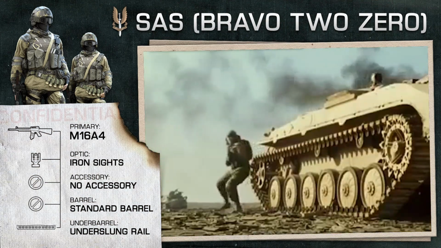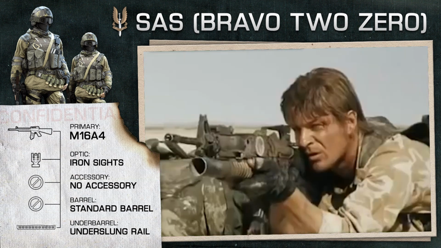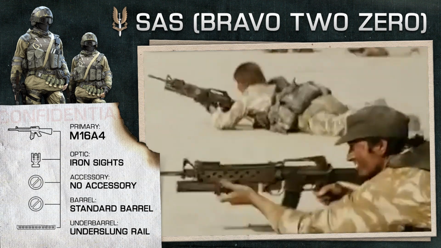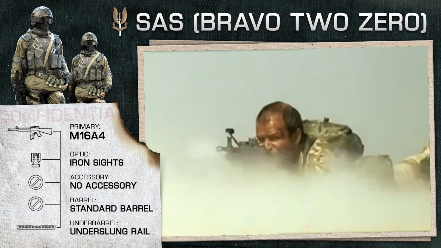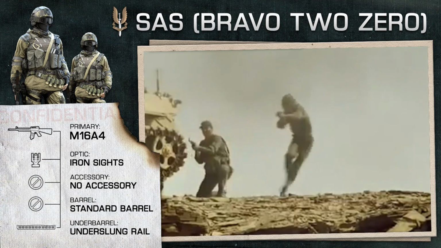Now, the last weapon choice you were probably expecting for an SAS loadout is the M16, but seeing as we're basing this loadout on the movie Bravo 20, we're going to use the M16A4, which is a nod to the M16A2s used in the movie. Now, you might be thinking, what the hell were the SAS doing with an M16? Surely that was the standard American weapon, but you've got to remember that this was set in the early 90s